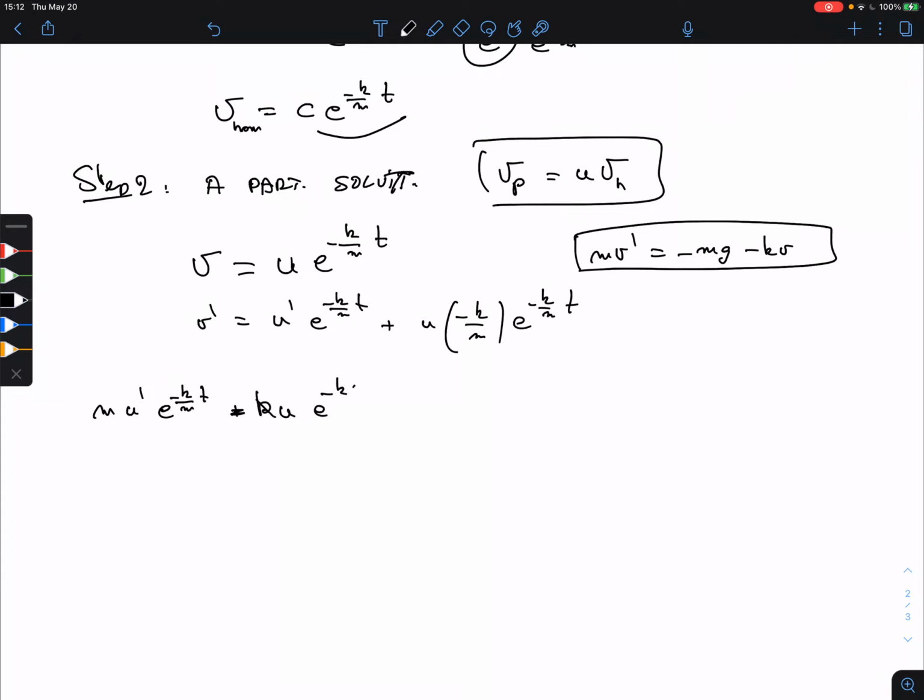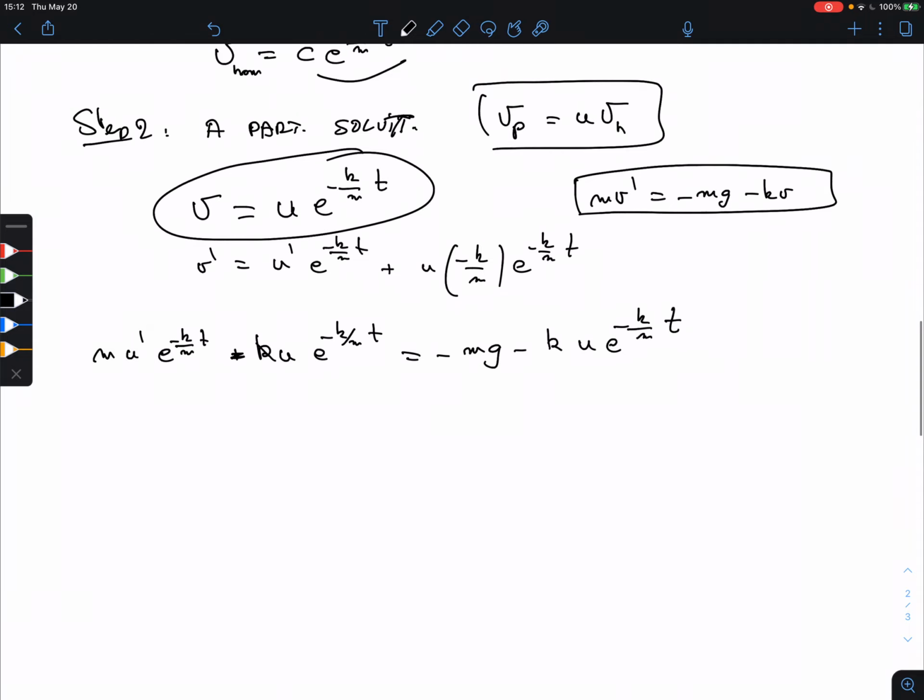e to the minus k over m t equals minus m g, that is just a constant, minus k times v, which is u e to the minus k over m t. This is where I get this from. And we know that some cancellation has to happen, which does happen. Here we see these two guys disappear, and so our equation is